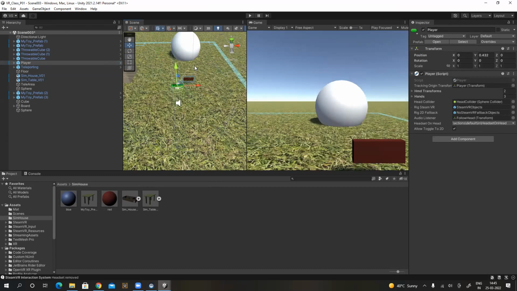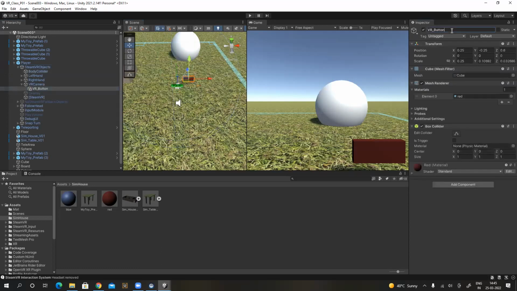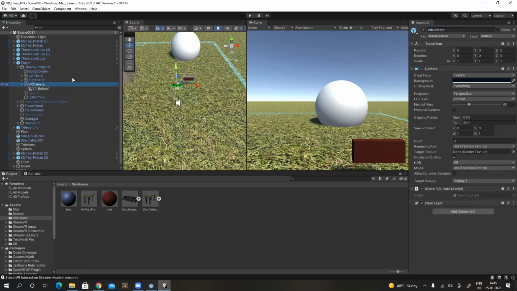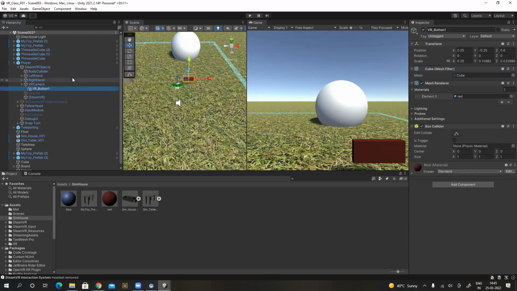Okay, and here we are going to create both buttons, turn on and turn off. So the same table thing we will be doing with this button. We can make it turn off, and we can make it turn on also. Again, as we know, we require 2 models for doing that. So VR button 1. Okay, we can rename this to 1, and one more we will be taking as a copy. But before that, we will make